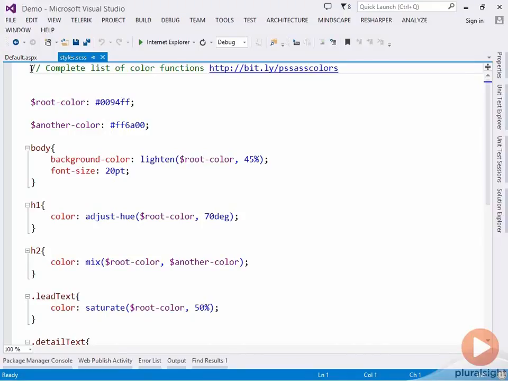There's a whole host of functions in Sass that we can use to manipulate color values. So we'll look at a few of these here, but for a complete list of the color functions, check out this bit.ly here that I've created, which will take you to the full Sass documentation. So in this demonstration, we're going to see how we can style an entire website based off one single color